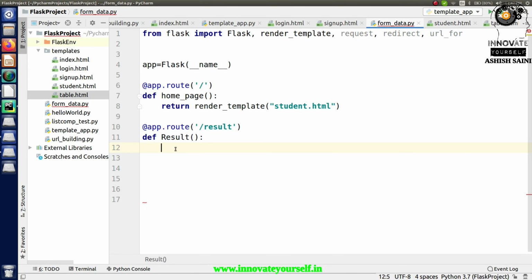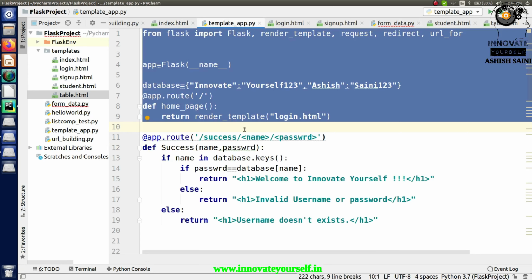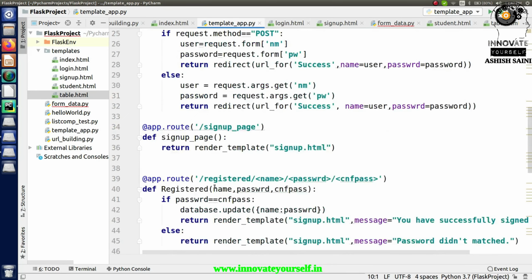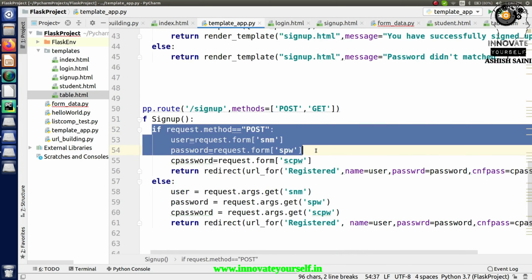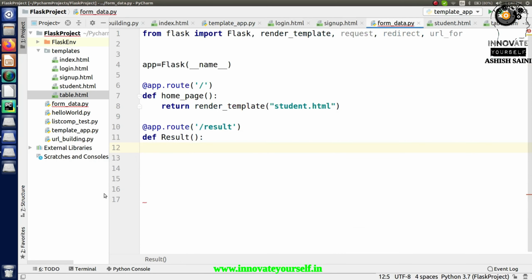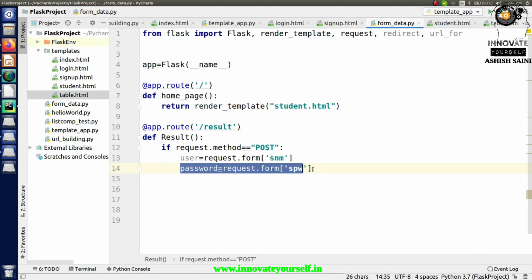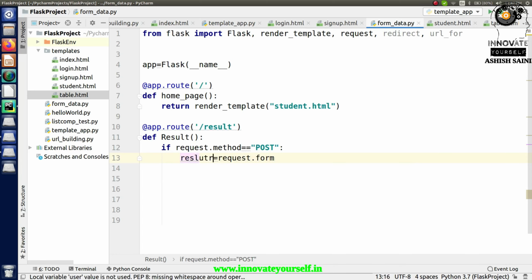So for that I'm going to write the code, and this is the same code which I have already shown you and which I have already explained in one of my previous sessions. So just go back to here, just paste it here, but this time we don't have to pass the multiple values, because this time I'm not going to collect a single value. Instead I'm going to collect all the values, and whatever values you will have I'm going to just send it, right? That's it.